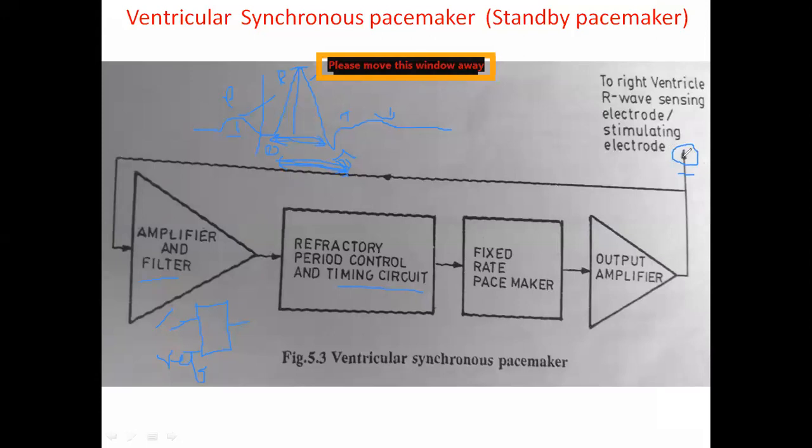and once the output voltage is applied to the ventricle, it again produces proper contraction of the heart, and due to that we get the actual functionality of the organs of the body. So like this, using this electrode, it continuously senses the generation of the R waveform and compares with the timing circuit, and according to that timing circuit it produces the output, deciding whether it should be applied or not.